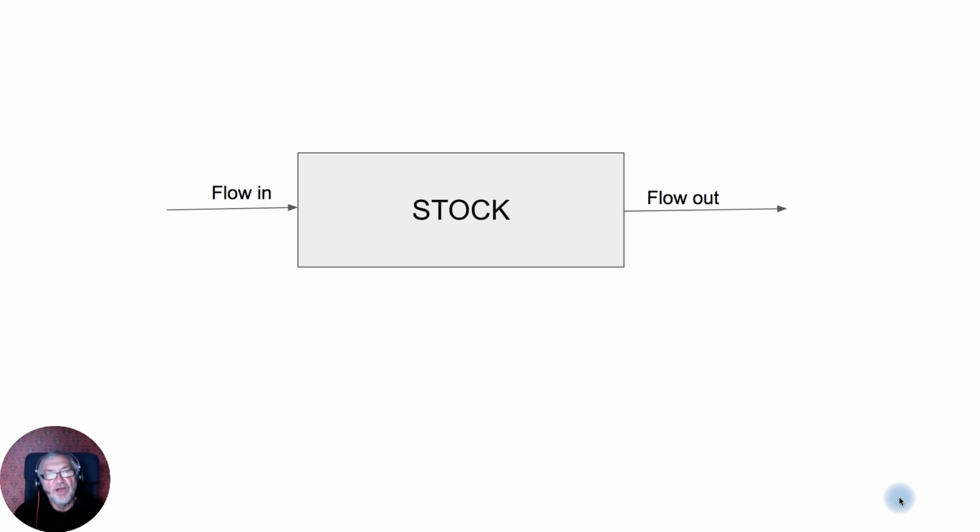So then you have a flow in and a flow out. And there are important aspects of this stock, and it's, of course, capacity. How much can you hold? I guess people say I can have as much money as I like in my bank account,